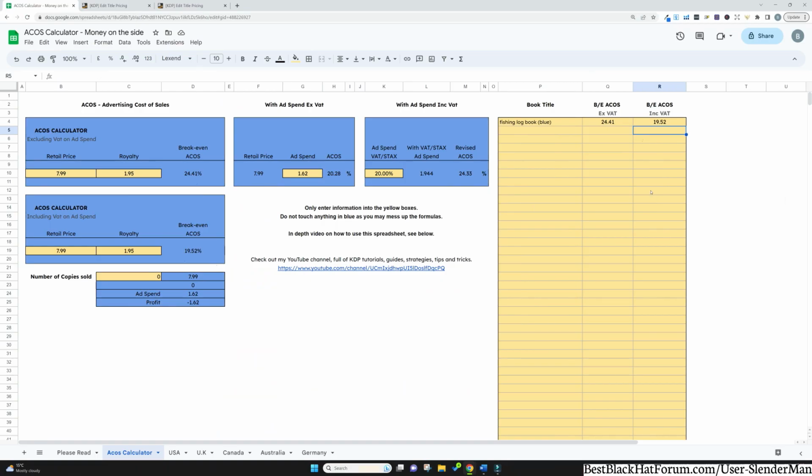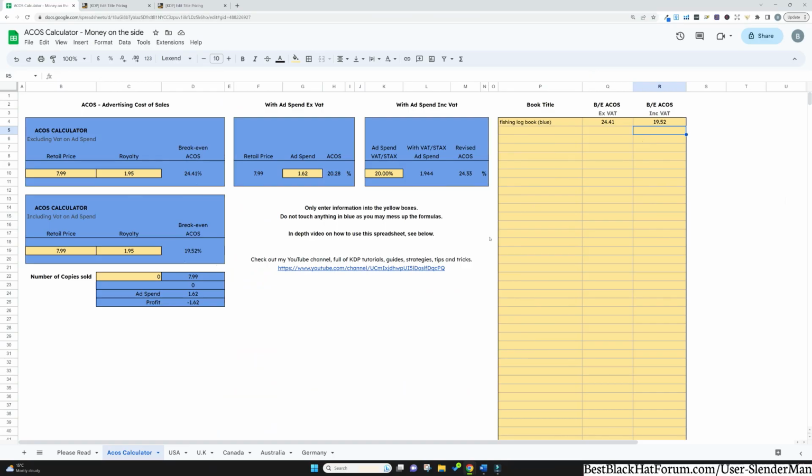I would recommend that you get in the habit of doing this when you're uploading your books to Amazon. When you come to the pricing screen, just open up this spreadsheet and add your information here, and then it's done. Now, you will have a different break-even ACOS amount for the same book depending on the different marketplaces. It all depends on the list prices and the royalties that you